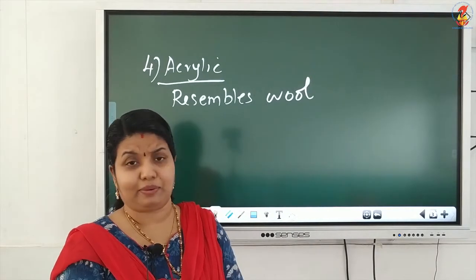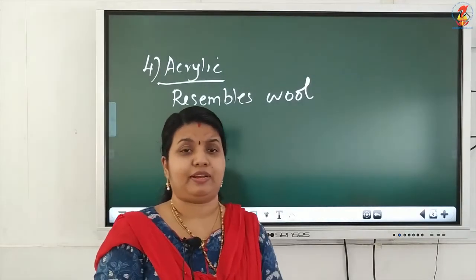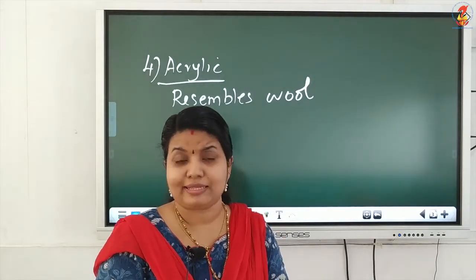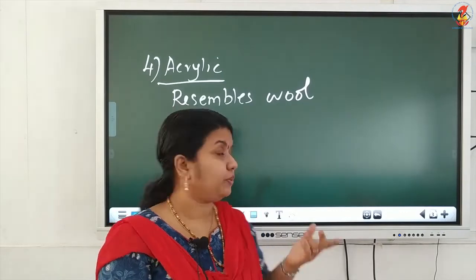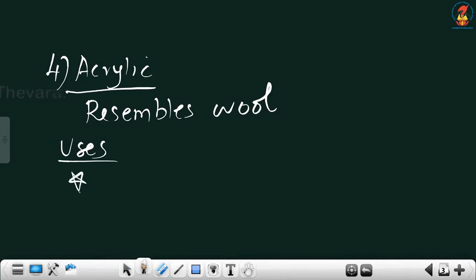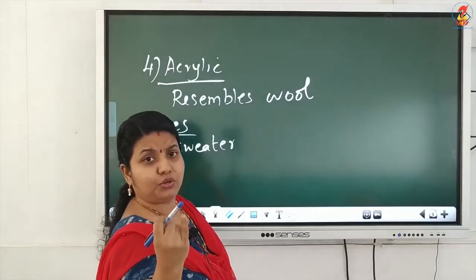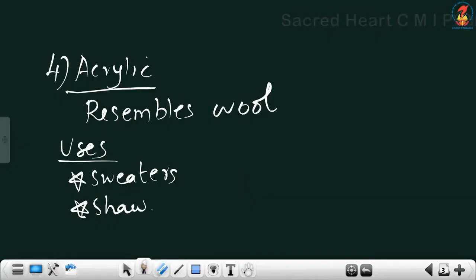Okay. So, it comes in a variety of colors. Acrylic fibers come in different varieties of colors and also they are less expensive in price. They are less expensive or cheap. And what is the use of acrylic? It is used for making sweaters. Uses are similar to that of wool. Woolen clothes are used for making sweaters, shawls, blankets, etc. So, sweaters, shawls, blankets,